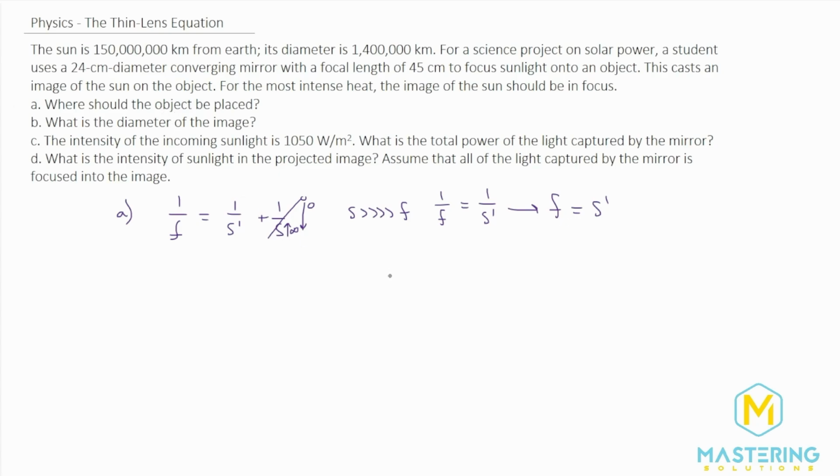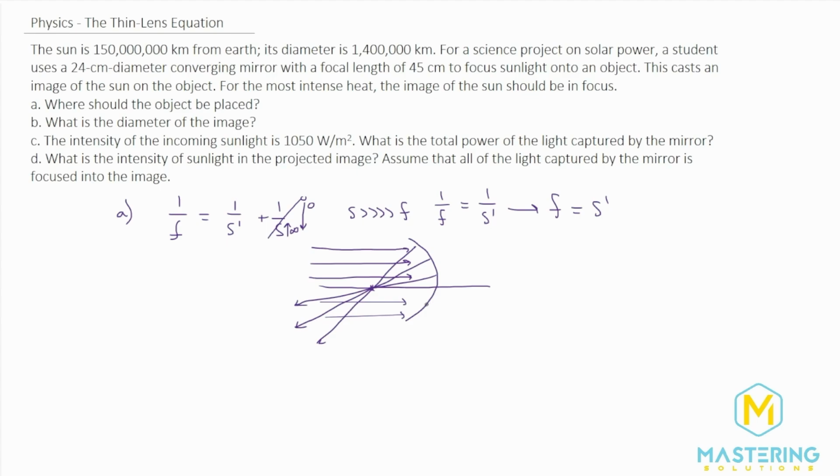And that makes sense if we draw a picture of it, because we'll say we have our converging mirror here, our concave mirror, and we have parallel light rays coming in from the sun, right? Because they are so far away that by this point, they're essentially parallel. Now, in reality, we're almost never going to get truly parallel light, but for this, it's very, very close. Here's our focal point, and all of these light rays, when they reflect off of the mirror, are going to focus right through that focal point.